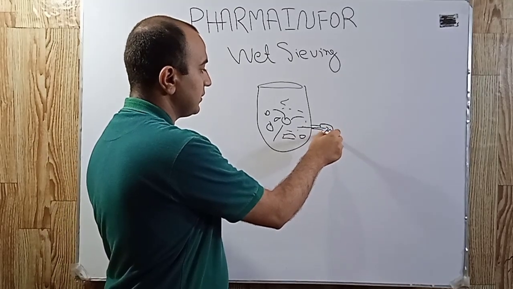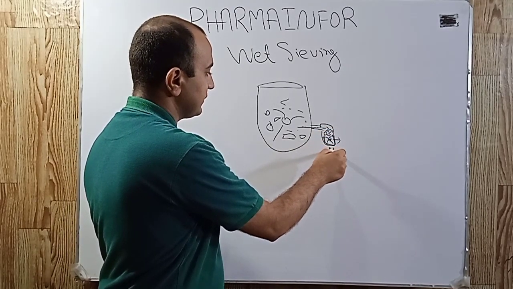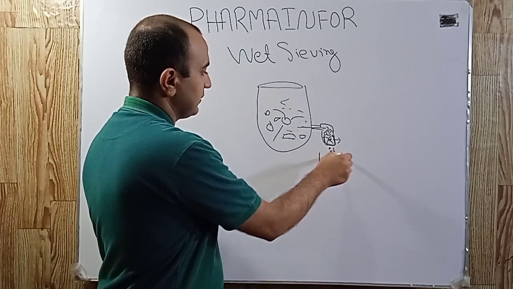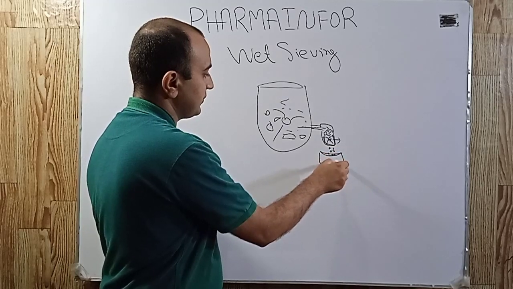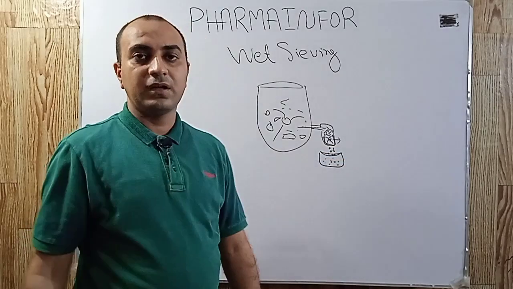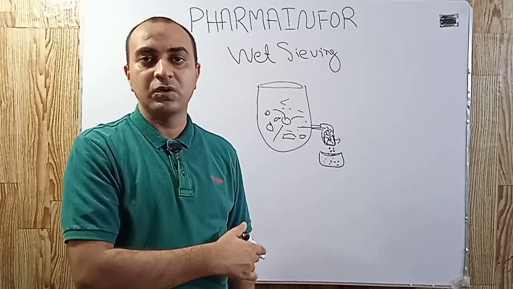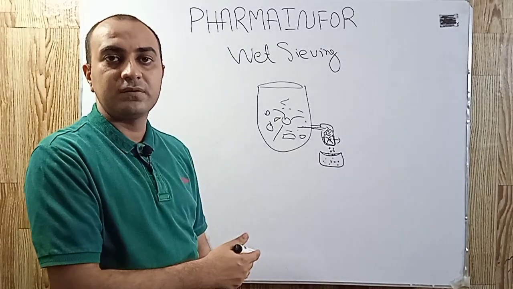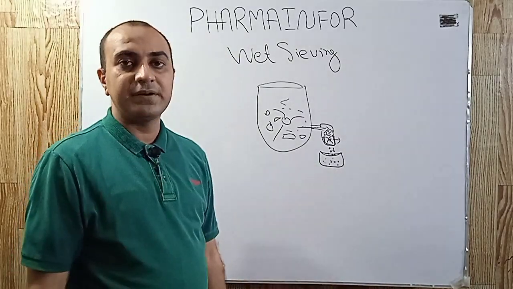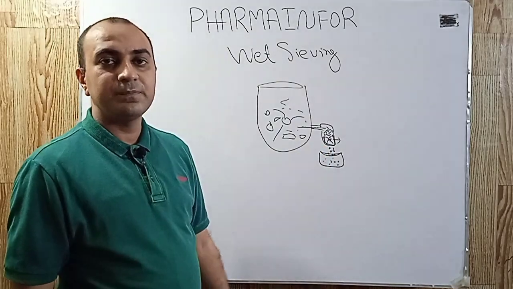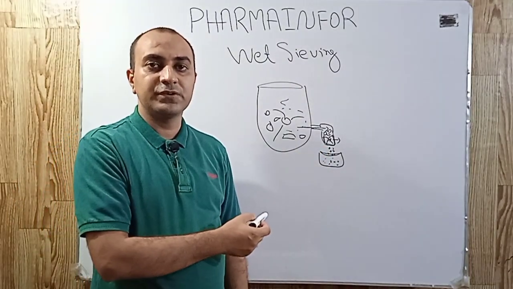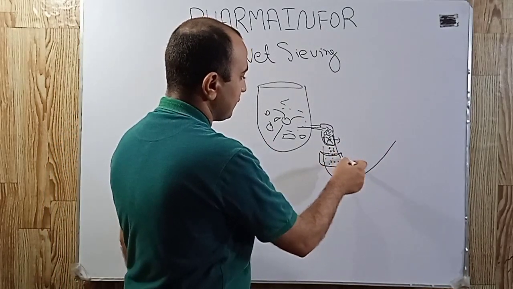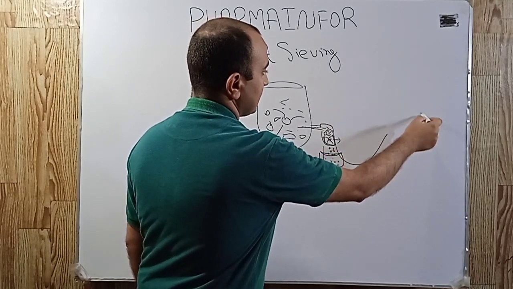The wet mill reduces the particle size of large lumps, and we collect these uniform sized wet granules into a container or into a product trolley of the fluidized bed dryer. In advanced type rapid mixing granulators, a pneumatic system is used to transfer our wet granules to the FBD